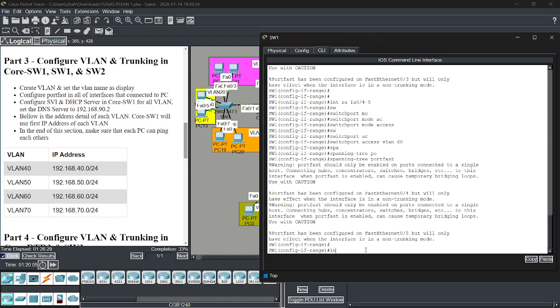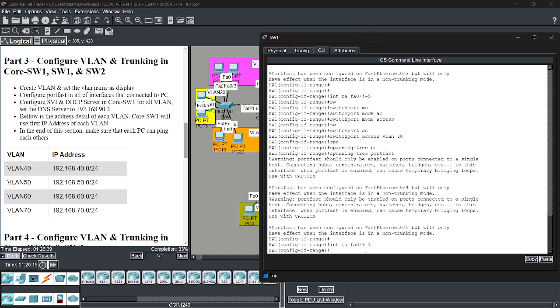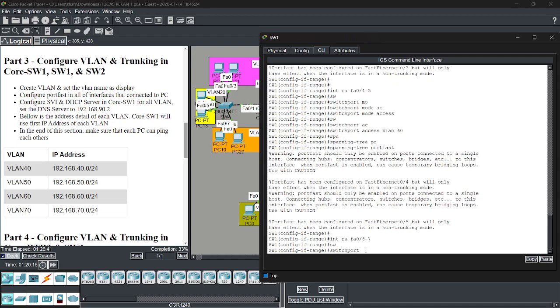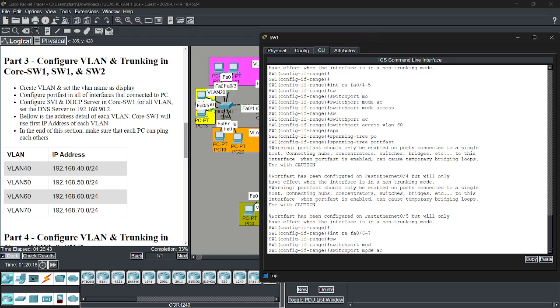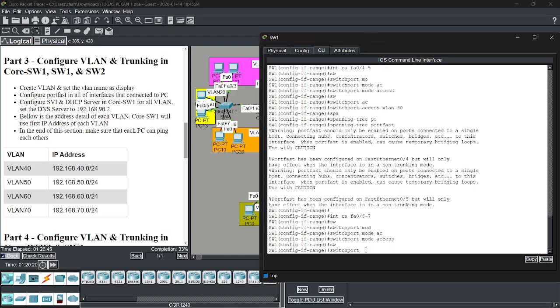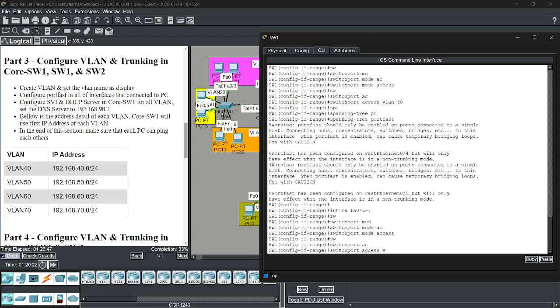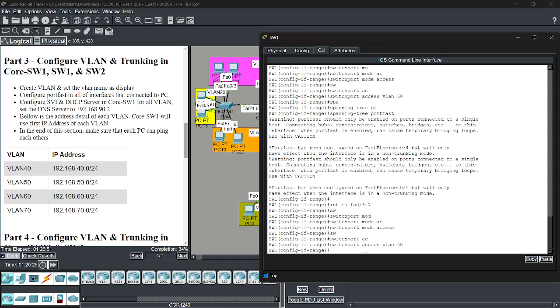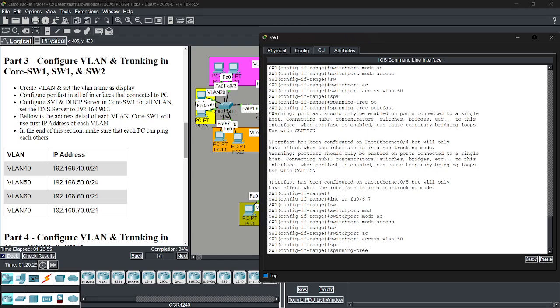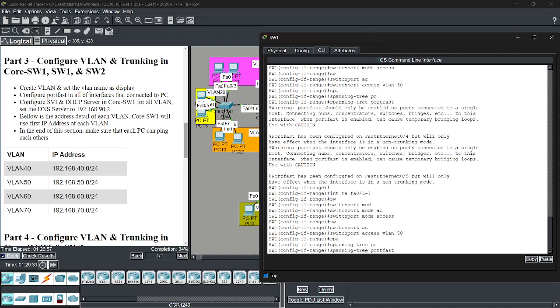After that, interface 0/6-7, and then switchport mode access, and then switchport access VLAN 50. Okay, don't forget spanning-tree portfast.